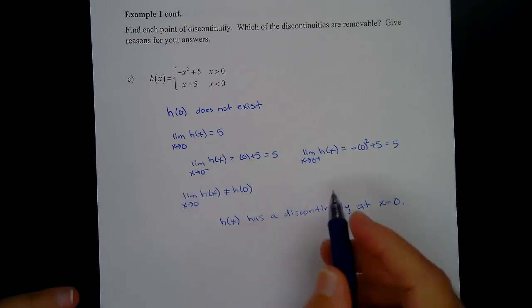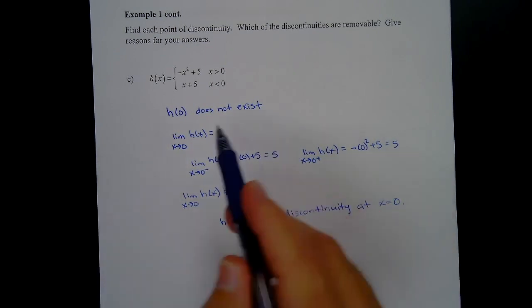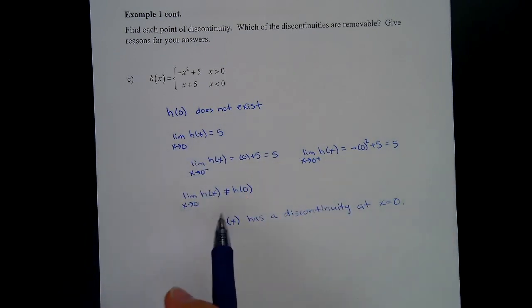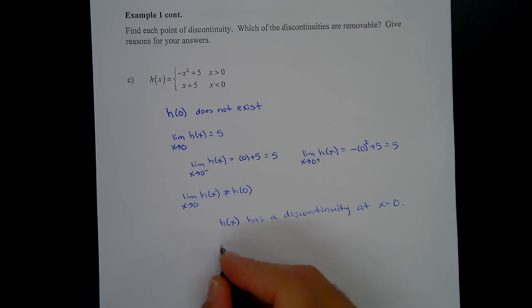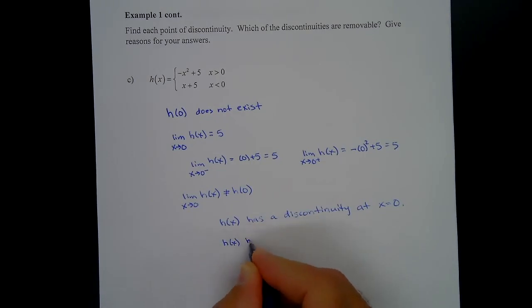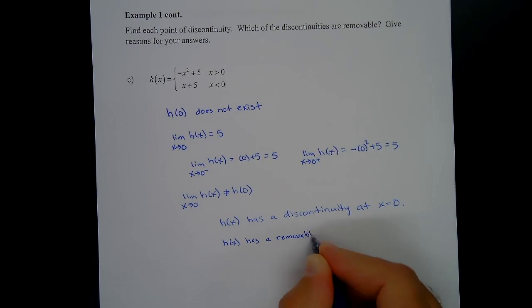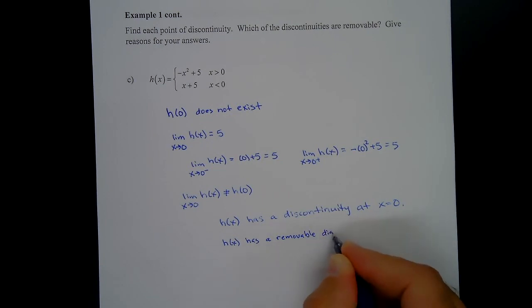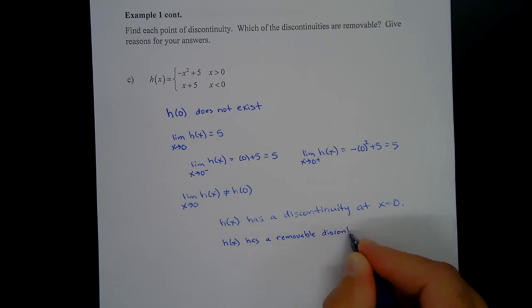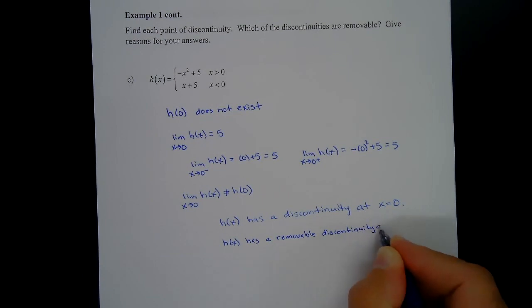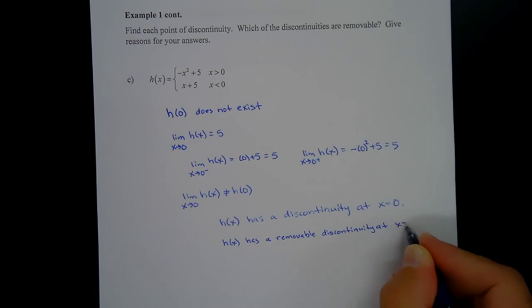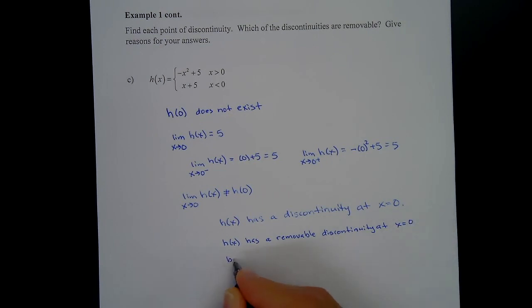So when the limit exists, but the function value doesn't exist or it's a different value, that tells me that h of x has a removable discontinuity at x equals 0 because